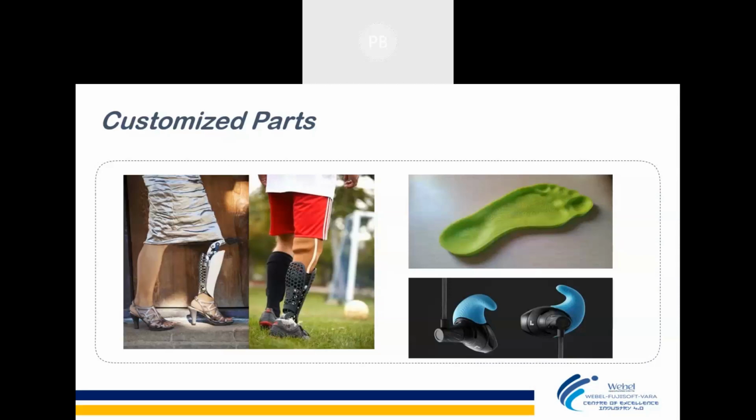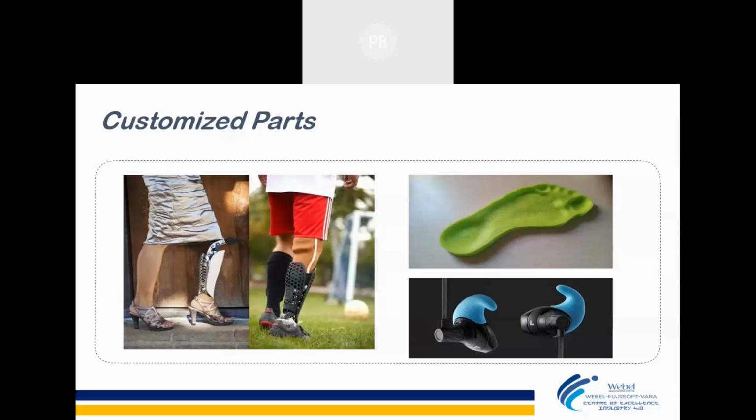So whenever customization comes, conventional manufacturing can't do it. Conventional manufacturing is not able to do customization. Maybe you require a shoe with a different angle or a different sole height. You can't do that, but now 3D printing can. So for any kind of customization, say you need a separate mobile casing, you are not getting it in the market as per your desire.